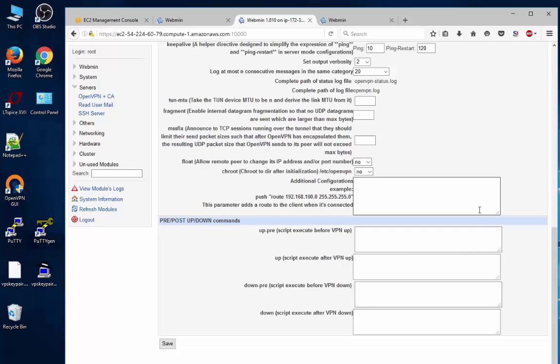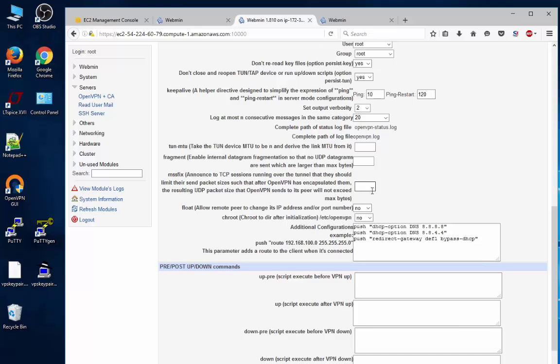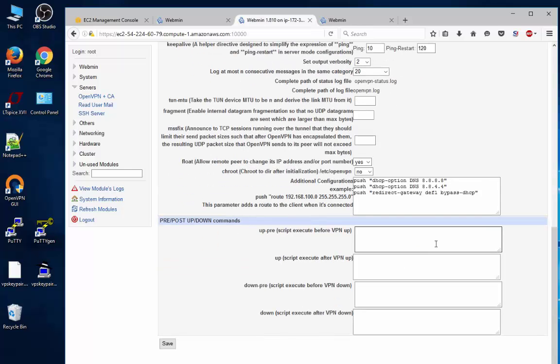Okay, so additional configurations, again the same thing. It's the same thing we had before, which is the DHCP options for DNS and the gateway, and also probably a good idea to enable this float, because I connect to the VPS from my tablet as well, and if I'm hopping from hotspot to hotspot, your source IP changes. And if you haven't got this selected to yes, that disconnects you from the VPN. So if you're going to be using mobile devices and mobile hotspots, things like that, probably a good idea to select that to yes. I think that's it. So click save,